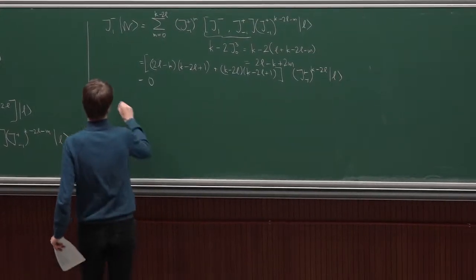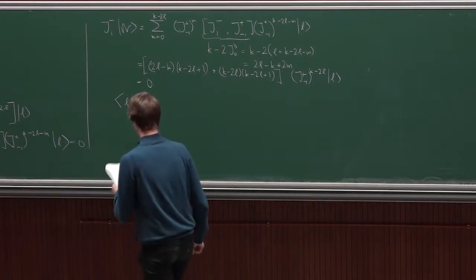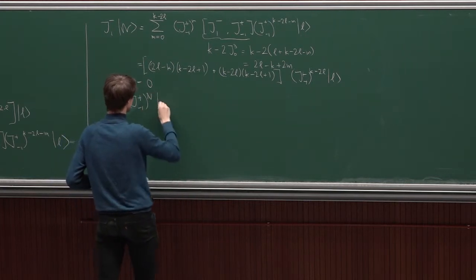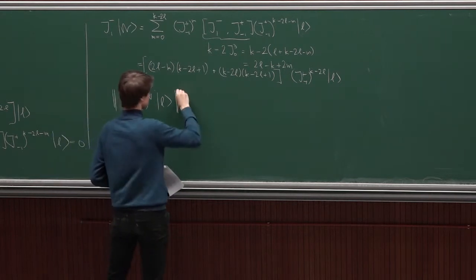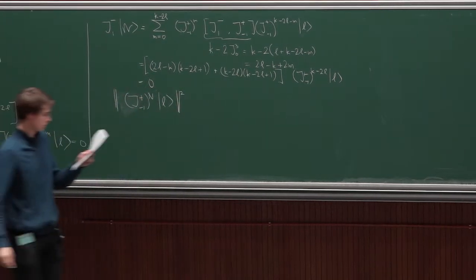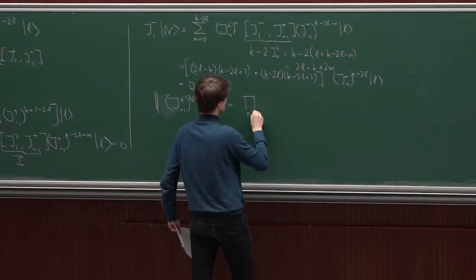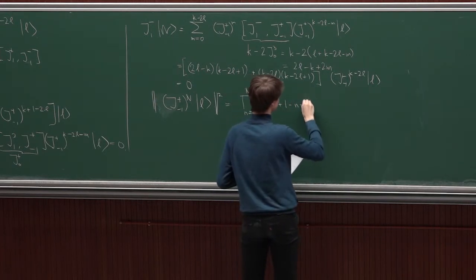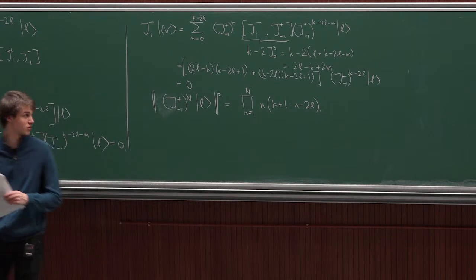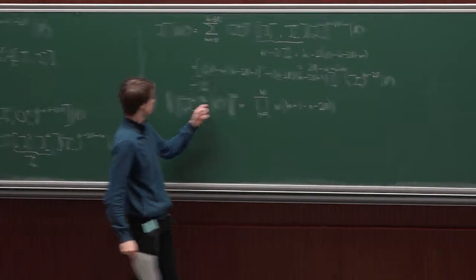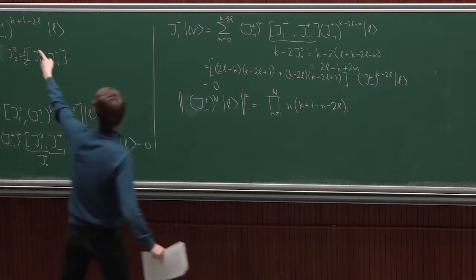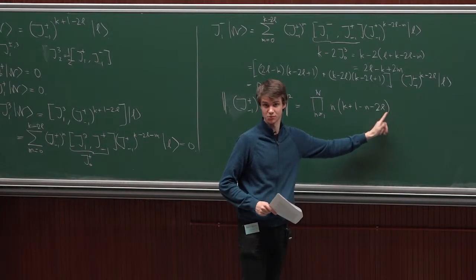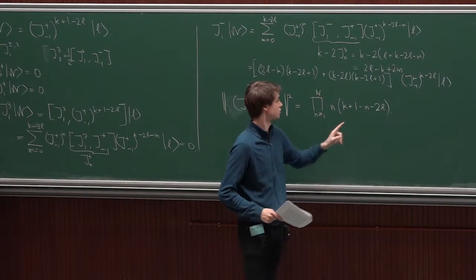Okay, and just to say, why would you care about unitarity? So if you compute the norm actually of this, that's an exercise where you should go through the same calculation again. So compute the norm of this. Now I put any exponent here. Then it turns out to be a product over n from 1 to N, of k plus 1 minus n minus 2l. Okay, so now let's think what this means. So indeed, if N is equal to this special value, this k plus 1 minus 2l, then the last term here, there will be 1 where this bracket is 0. Okay, if I put small n equal to big N, this is 0.